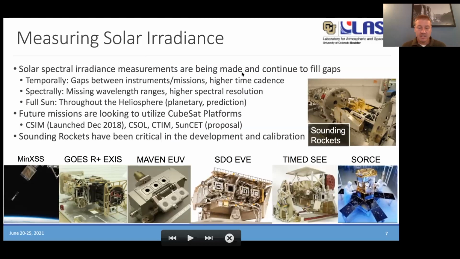So, because all this energy is absorbed in the atmosphere, you can't observe it from the ground. You have to go up into space to be able to observe it. So you see a large suite of instruments that we have used over the past decade to 2 decades in order to accurately quantify the changes and the absolute irradiance of solar radiance over all time scales, from seconds to minutes due to solar flares, from days to weeks due to the solar rotation, sort of the lighthouse beacon effect as the active region moves across the solar disk, and then over solar cycles.